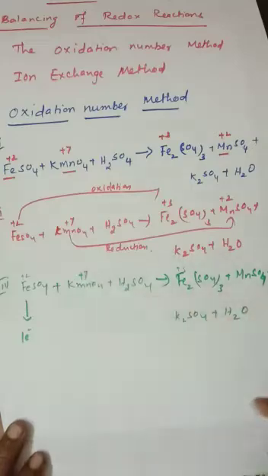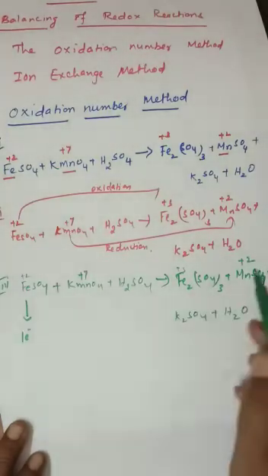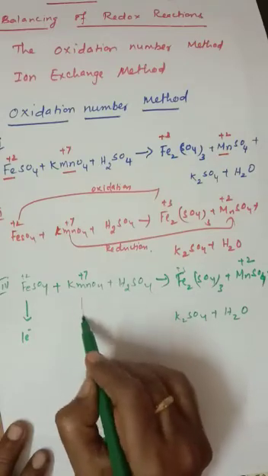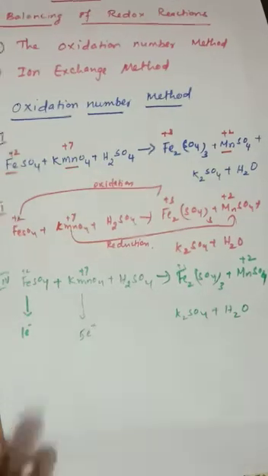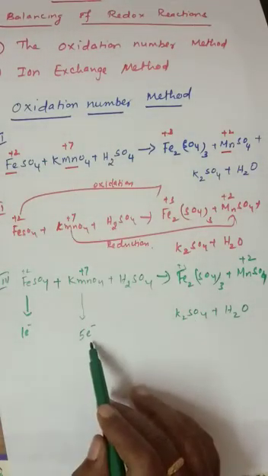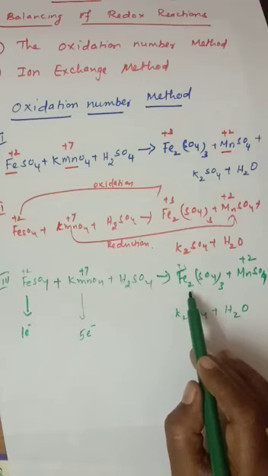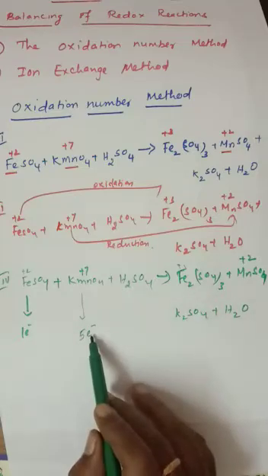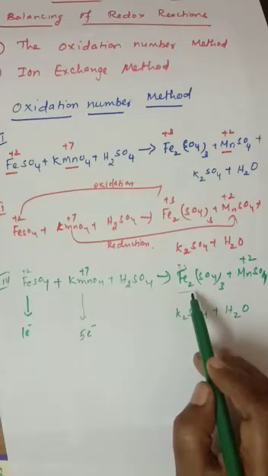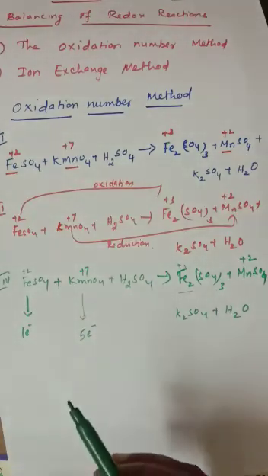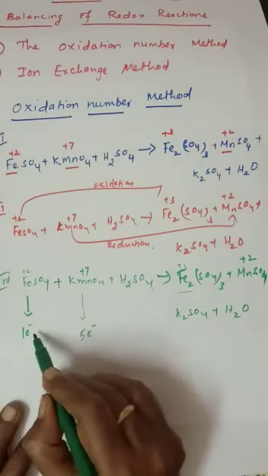Here plus 7. At the same time plus 2, no? 5 electron difference. So we can write here, this is 5 electron difference. Right. Now here the coefficient is 1 electron as well as 5 electron. On the right side 2 moles of iron is present, so we are going to calculate by multiplying the 1 electron by 2, because on the right side 2 moles of iron is present. For balancing this, we are multiplying these electrons by 2.